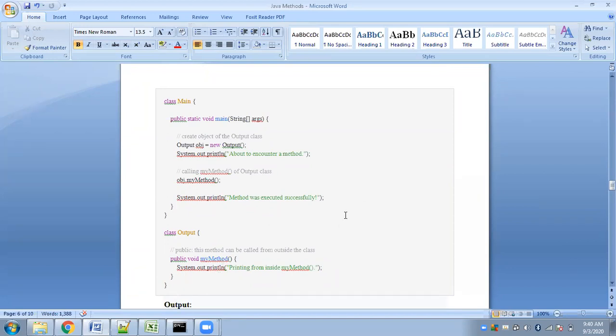There is no other method in your program. So for the main function to be able to call this method, we have to create an object inside the main function of this particular class. That is what has been done here. One object is created, obj, of class output.